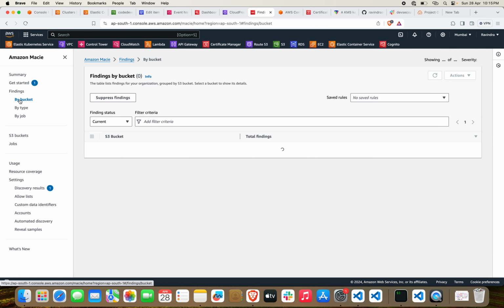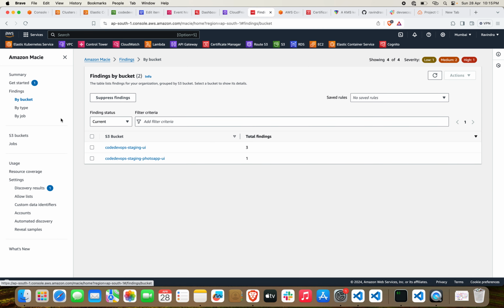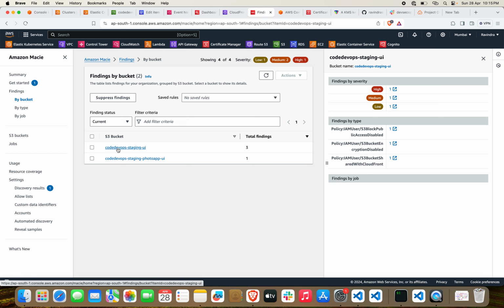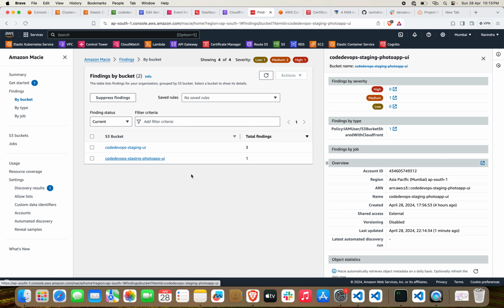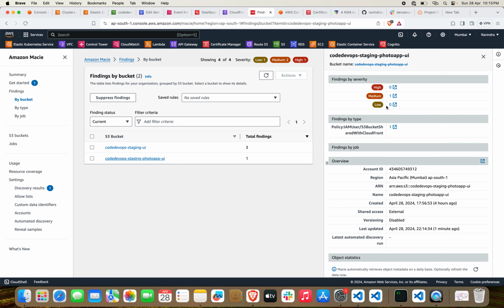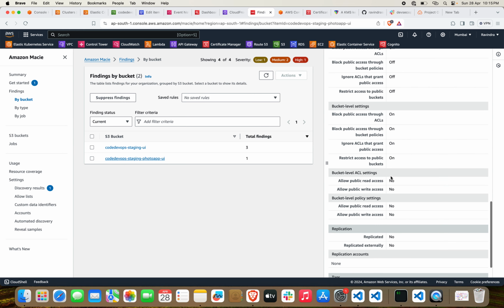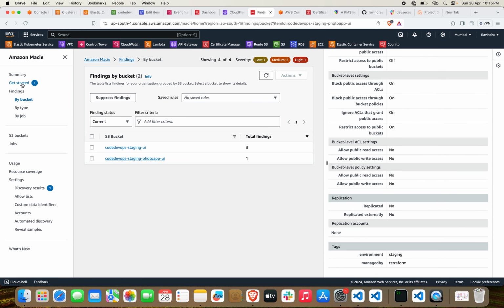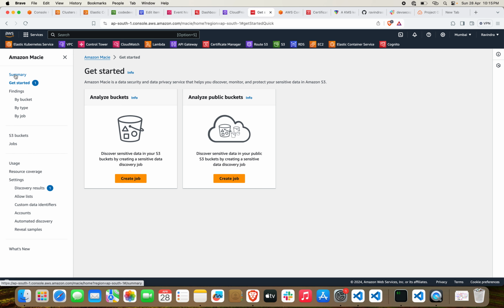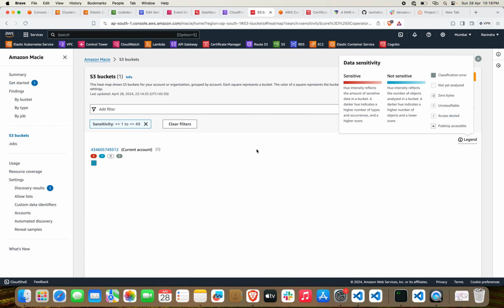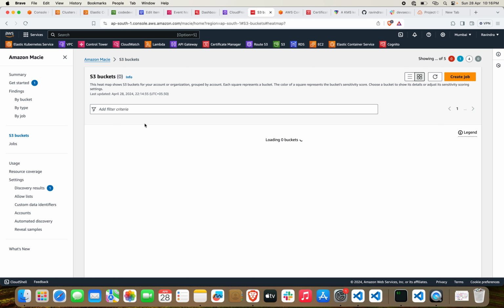So if you click here on the bucket, you can see that we have the two buckets. Okay, so if you click here, you can see the Corridor staging UI and the photo app UI. So how many medium vulnerabilities are here? Okay, so everything, the reports you can see here as well. Okay, and if you go to the summary, you can see that we have one non-sensitive data. Okay, and